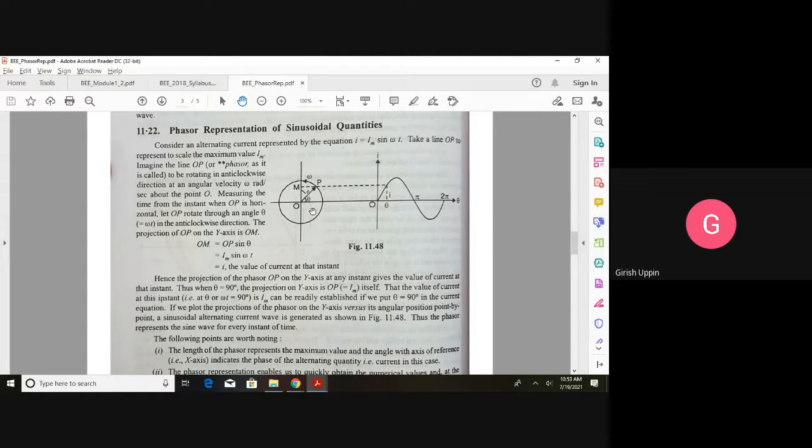So this phasor representation is more close to the actual representation. It means we think of this line as a rotating line, rotating anti-clockwise with the speed of omega, and its projection is a representative of the alternating quantity. That is how we can represent any alternating quantity as a phasor, either as a peak value or an RMS value. Most of the phasor diagrams we saw, we represent as an RMS value.